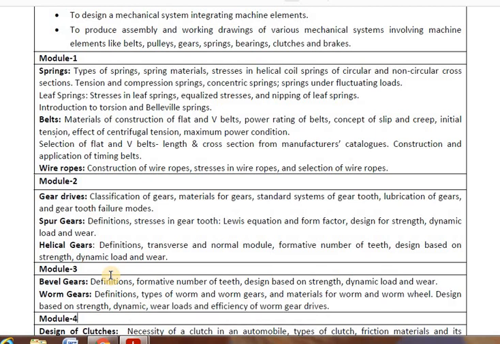The gears which are used in the gearbox in automobiles. You can see the two-wheeler has a gearbox, the four-wheeler has a gearbox, the college bus or in general a bus also has a gearbox. So these gearboxes contain different types of gears. In automobiles you have also seen the gearbox which is used in the rear axle.